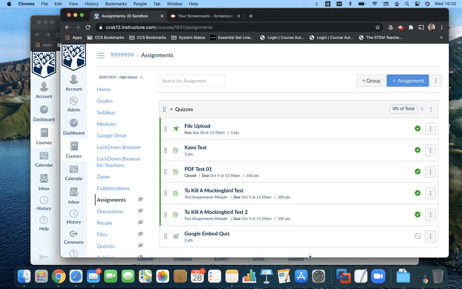Canvas has a built-in way for students to be able to turn in a Google Doc and change the permissions when it does that so that they only have to go through a one-step process. So I'm going to show you how to do that now, and we'll go ahead and we're going to start